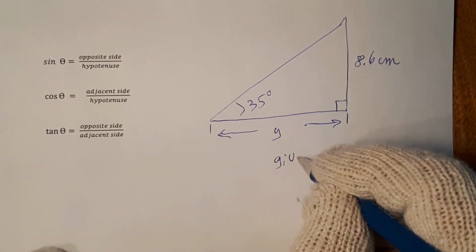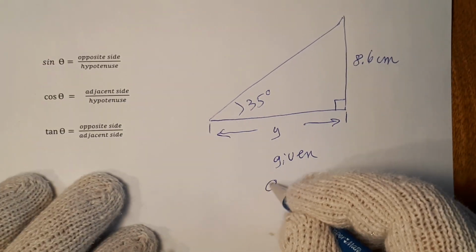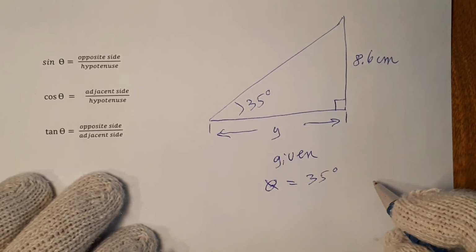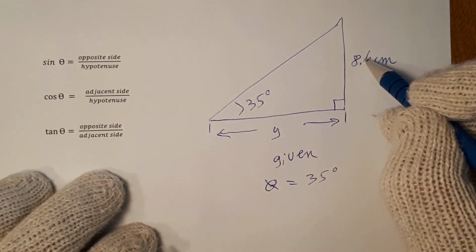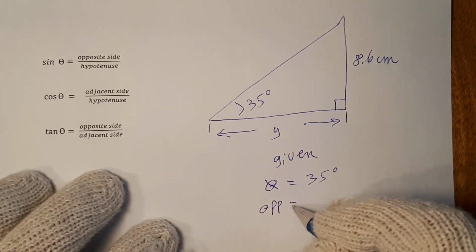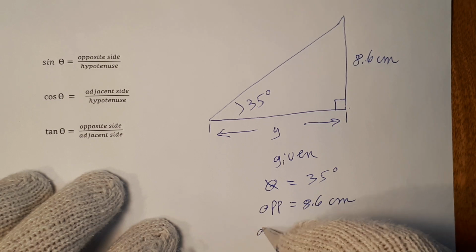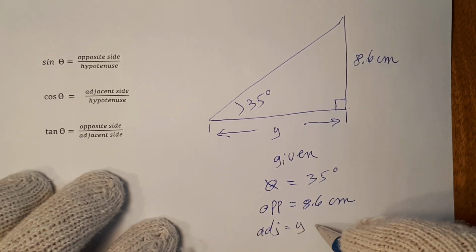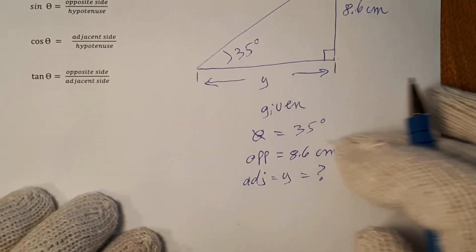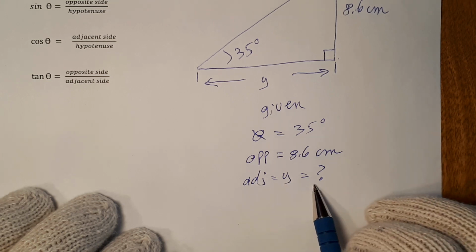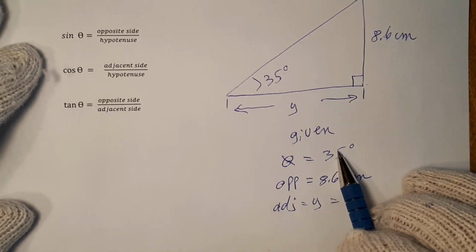Write down what's given in terms of the variables that are in the equation. Theta is equal to 35 degrees. If this is theta, this one here must be the opposite, is equal to 8.6 centimeters. And we want to find the adjacent, is equal to y, and that is the unknown. So we have the three variables. When you make this list, by the way, you have to also include the unknown. So everything is included here, and then we just find the equation that best suits all of